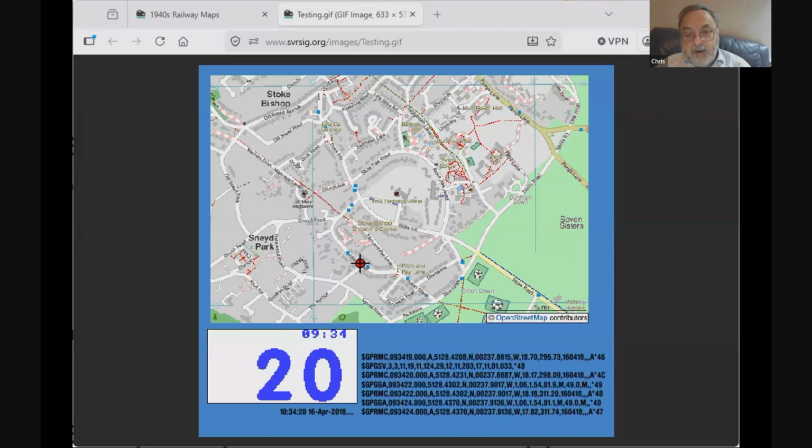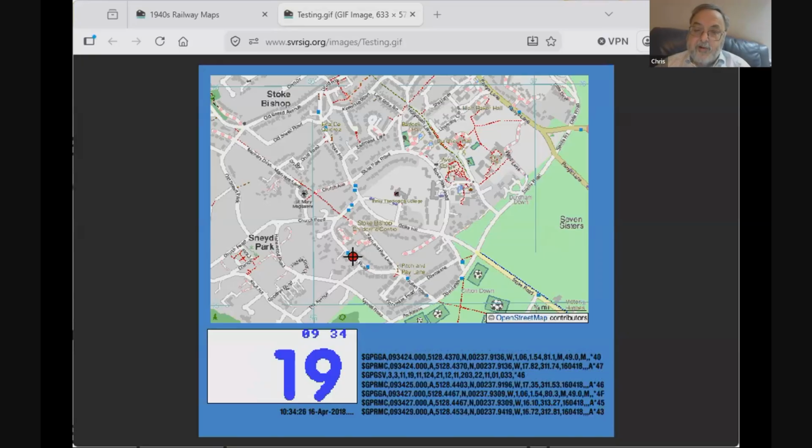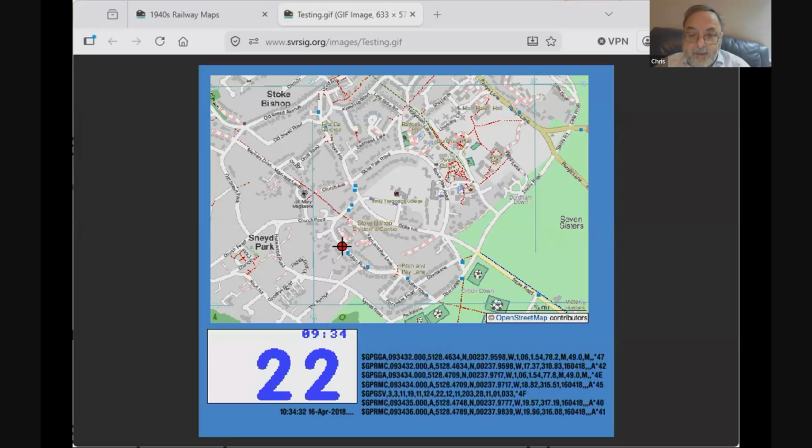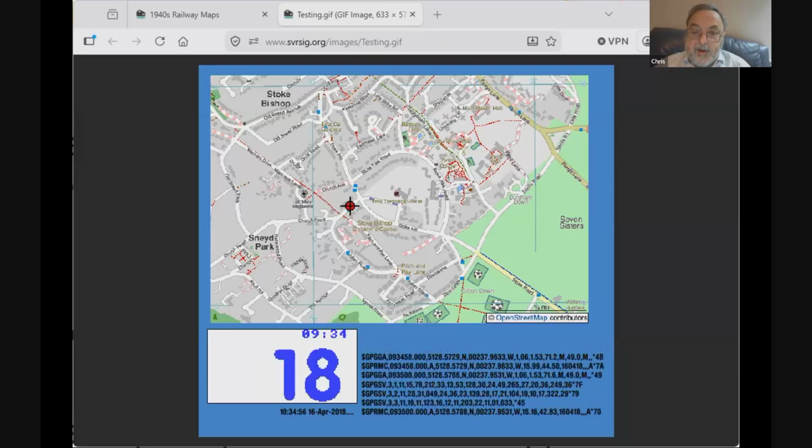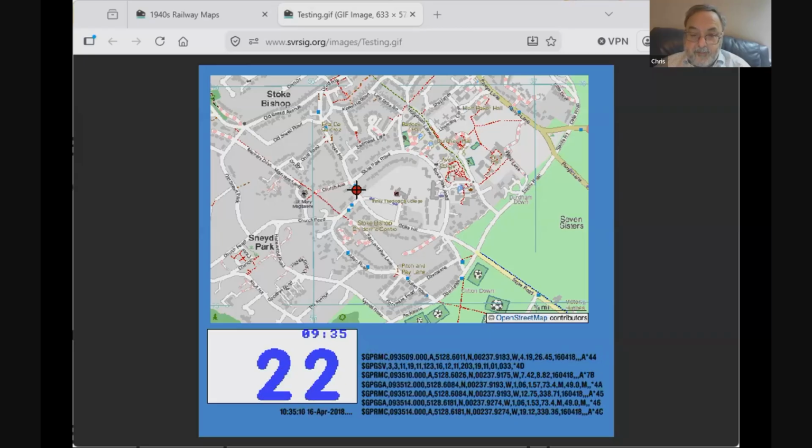The actual position the car is in has been plotted onto a RiscOSM map, and the NMEA sentences that the GPS module is processing are rolling up the screen there, more for debugging than anything. So it's showing my journey with the speeds, and whenever I come